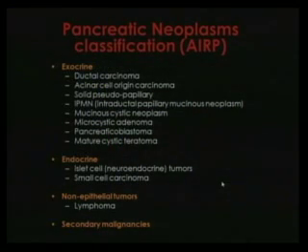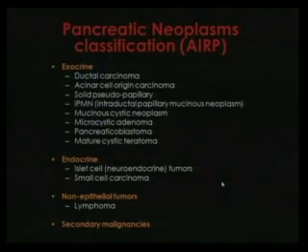This is the classification of pancreatic neoplasms. We have 4 big groups. The one coming from exocrine cells, the other one from endocrine cells, the other ones are non-epithelial tumors, and finally secondary lesions. Basically, from exocrine cells, we have ductal adenocarcinoma, which is the most important, and most of the presentation is based on that one. Then we have the acinar cell carcinoma, the solid